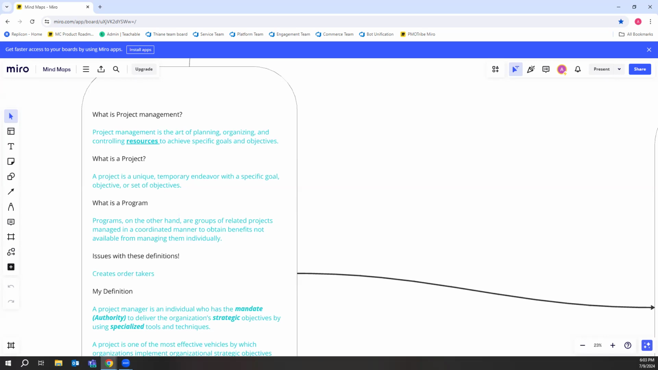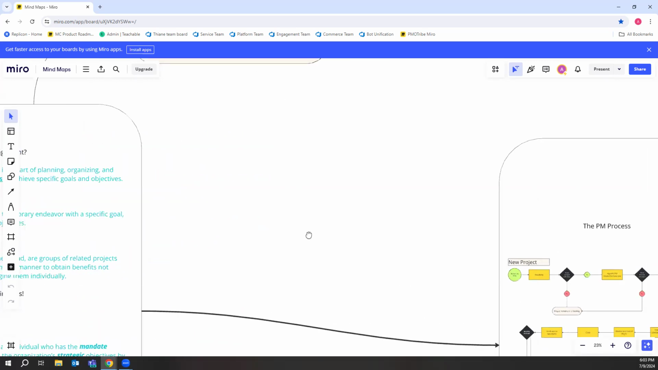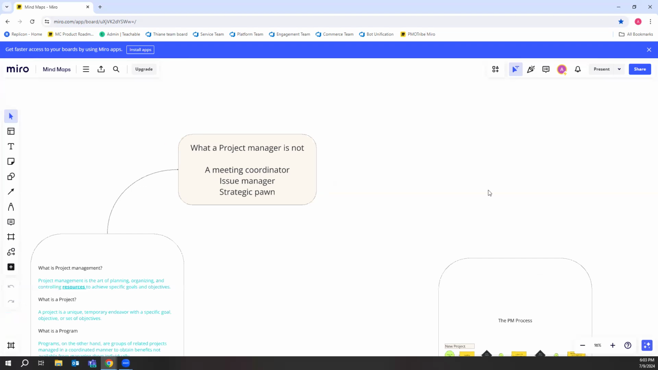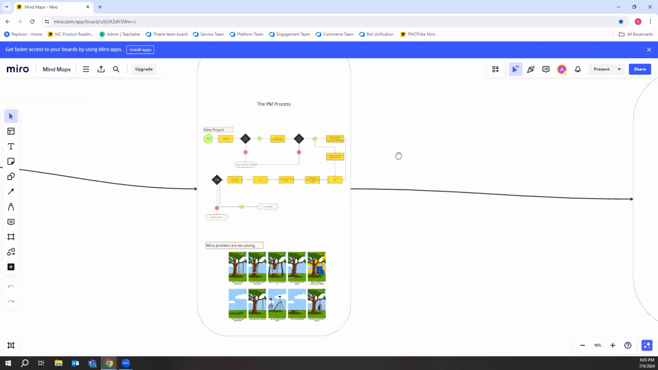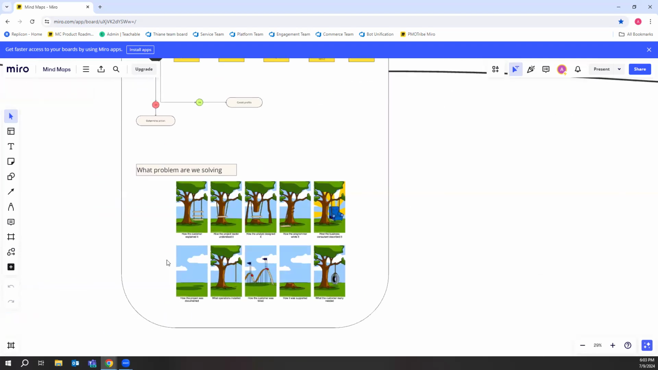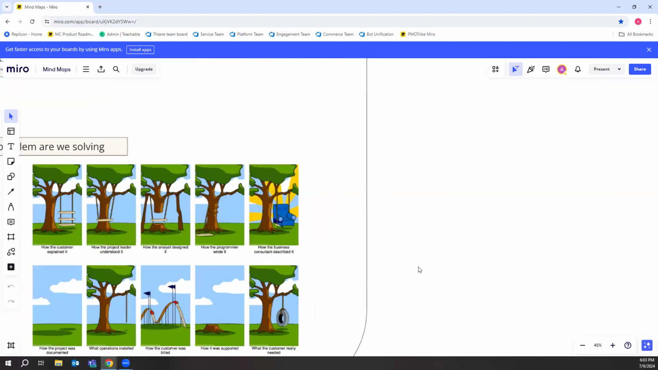We are not just people that work on a framework, but we're a very key strategic individual within the organization, right? And it's very important that we continue having that mindset. So we had a very good discussion about that. We said we are not just meeting coordinators and issue managers and strategic pawns, but we are very key people in the organization, right? We then spoke about the project management conundrum, really, and we went through this diagram about